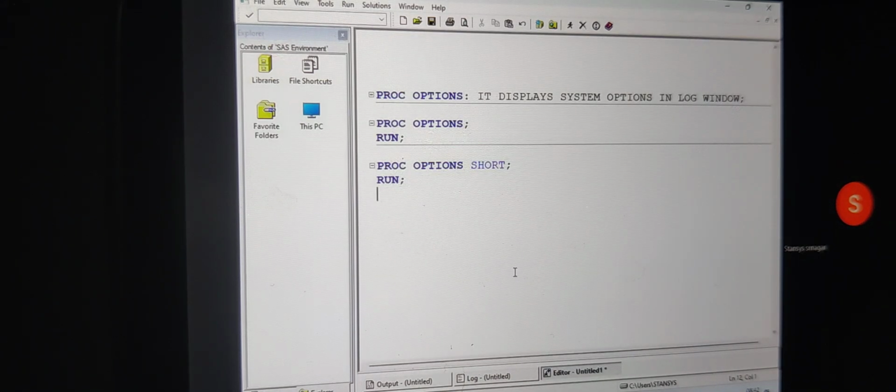Understand this one? Now, I do not want to see all the options. I want to see what the groups are. A few options will come from one group, but I want to see the groups only. If you want to see the groups, we are going to write PROC OPTIONS, LIST GROUPS;